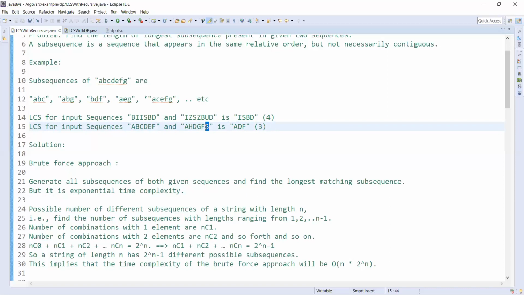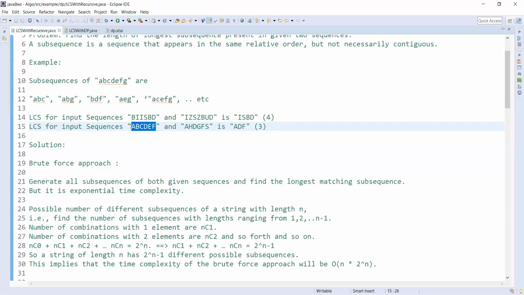The assumption here is you already calculated the common subsequence length for all sequences up to this point. So you already have some data before you compare the last characters. While comparing the last character, if both are the same, you simply take the already calculated longest common subsequence plus 1, because this character is already matched.